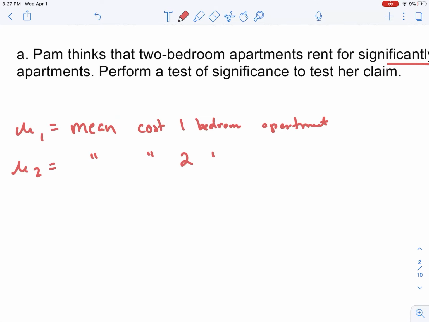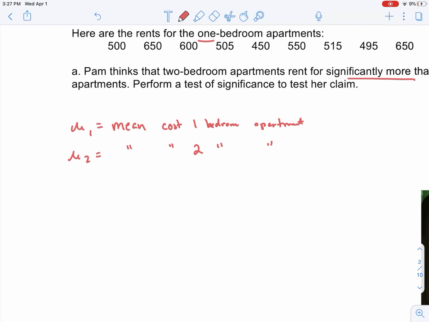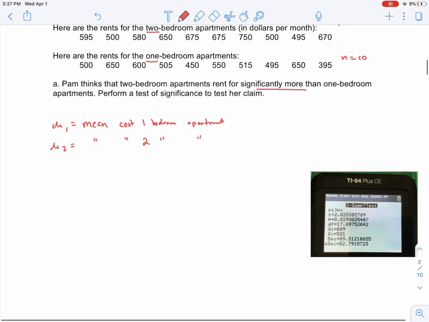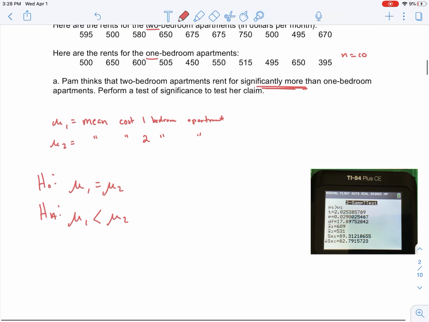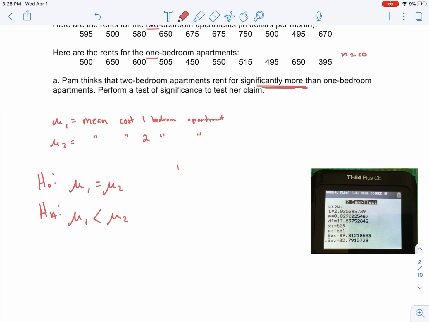Mu sub 2 be the cost of a 2-bedroom apartment. See if the 2-bedroom is significantly more. My hypotheses: the null is always assume no change. Assume that they're equal to each other. The alternative is that the 2-bedroom is more than the 1-bedroom. There's my hypotheses. My assumptions: